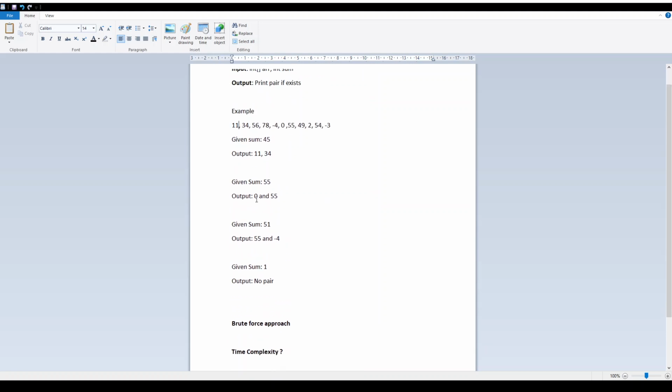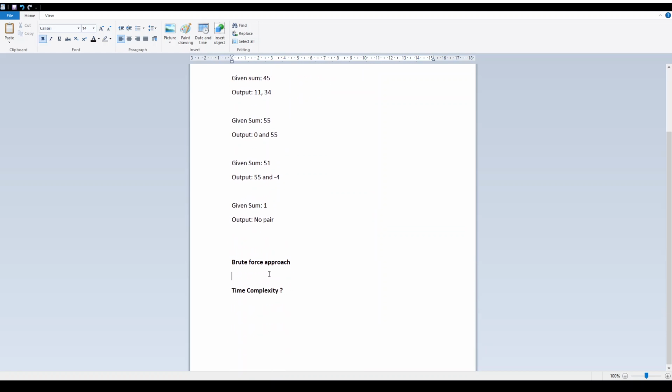So our algorithm is that we have two loops here.